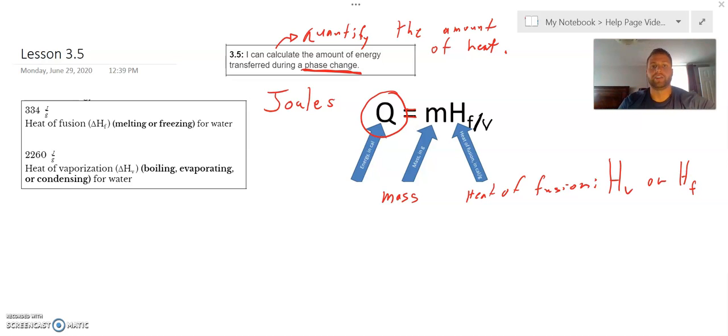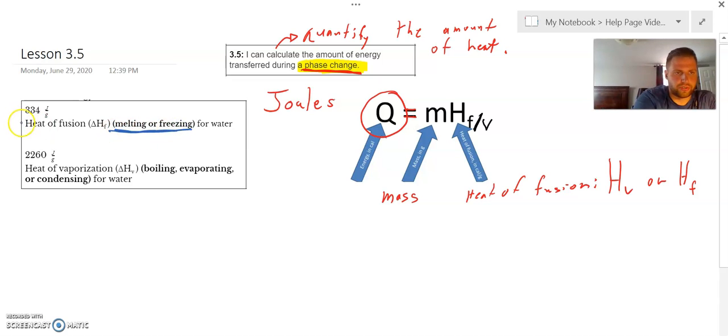One thing I cannot stress enough is that this equation is only used for phase changes. If there's a temperature change, we cannot use this equation. We'll see that in the next video, but this equation only works for phase changes. If we read a word problem and establish that it's a phase change, and we read the words melting or freezing,